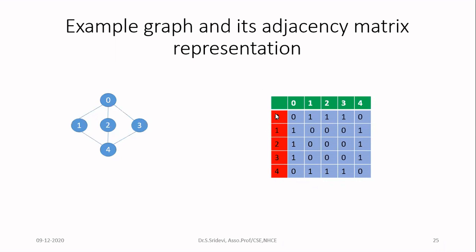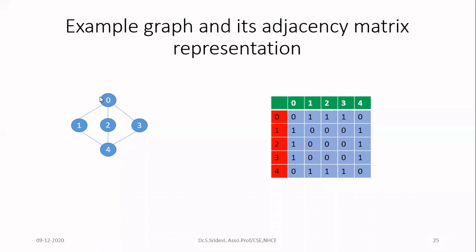So here these are the rows and these are the columns. I have listed different colors for this, and whichever is in the blue color, that is the element of the matrix, which is going to tell you whether a node is adjacent or not. So in case of adjacency matrix, the elements of the matrix will be either 0 or 1. 0 is going to tell you that that particular node or vertex is not adjacent. If it is 1, it means that vertex is adjacent.